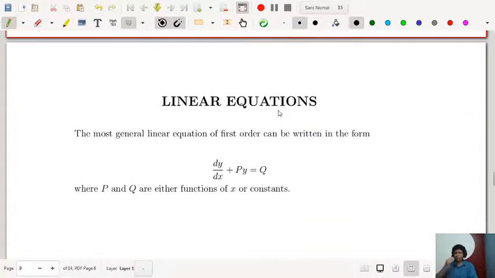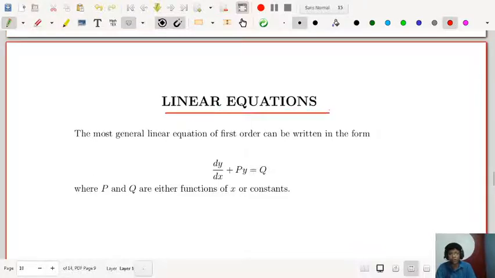So next, in the last section of our talk today, I shall be talking about linear equations. Already we have talked about what linear equations are. You have an idea of the linear equation, and we have talked about a lot of examples of linearity and non-linearity in our first video. So let us talk about linear equations.